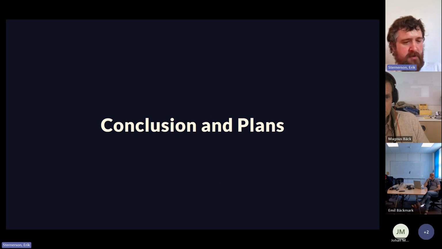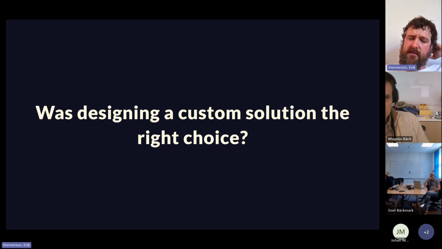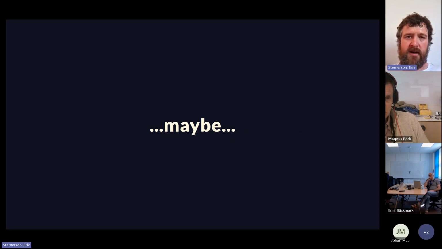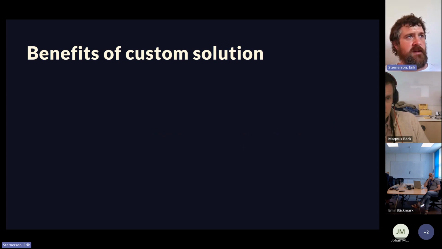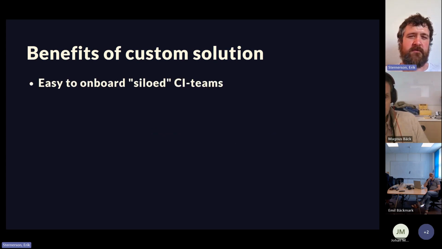So I wanted to wrap up by talking a little bit about conclusions and plans. So the main thing I think that is interesting for this forum to think about, or for us to reflect on in this forum, is, was it the right choice to design a custom solution? And if the question is, was it the right choice for Volvo Cars, then my view would be maybe it was the right choice. Some benefits that we have seen from using the custom solution is that it was quite